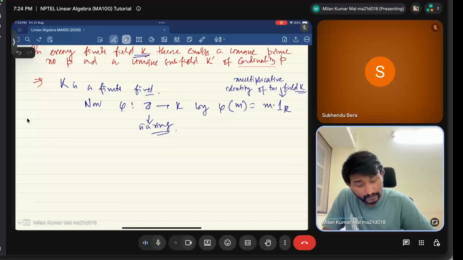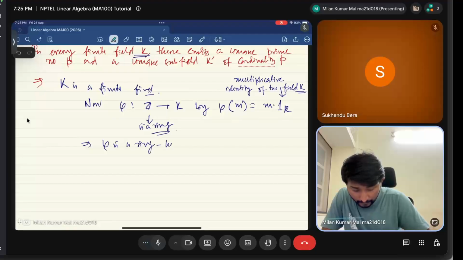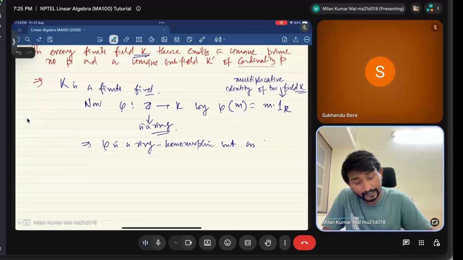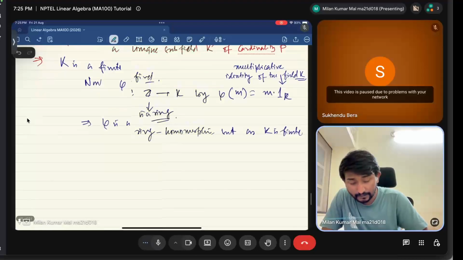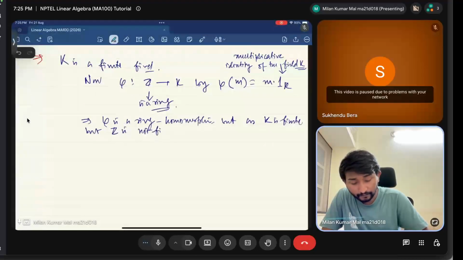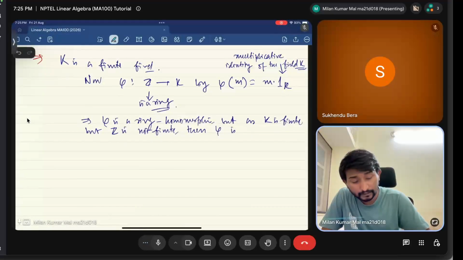This is a ring homomorphism. This is a ring and this is a field. That means phi is a ring homomorphism. But as K is finite, but Z is not finite, then phi cannot be injective. So as phi is not injective,